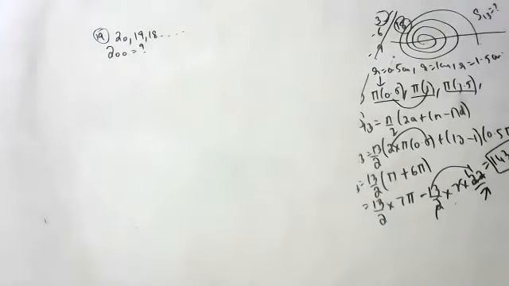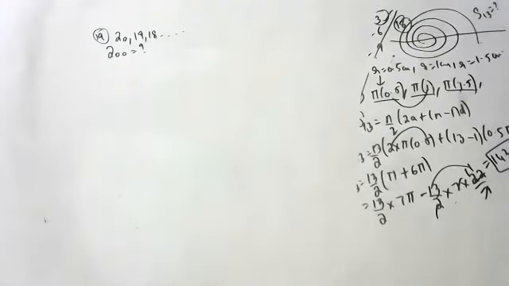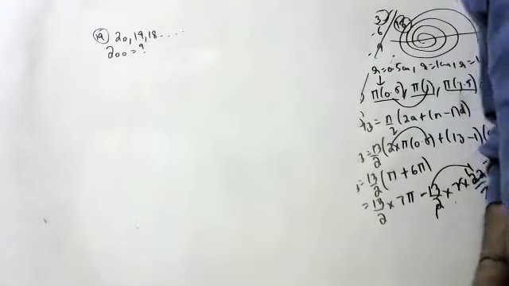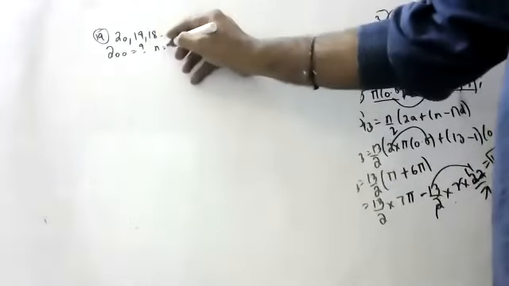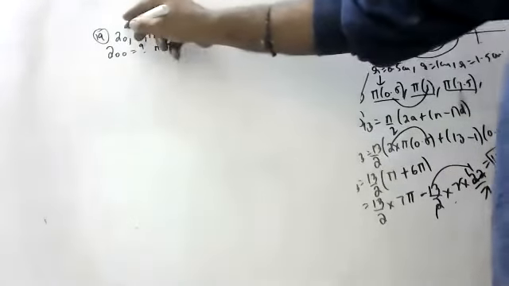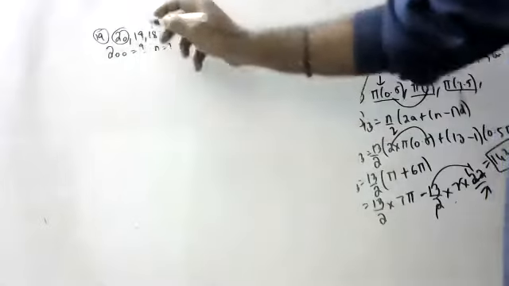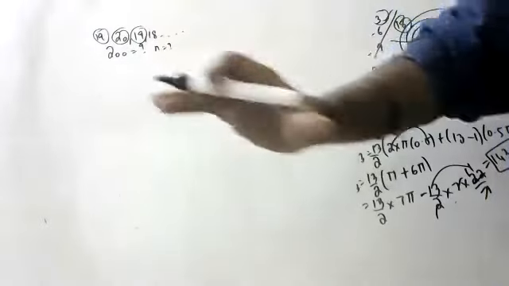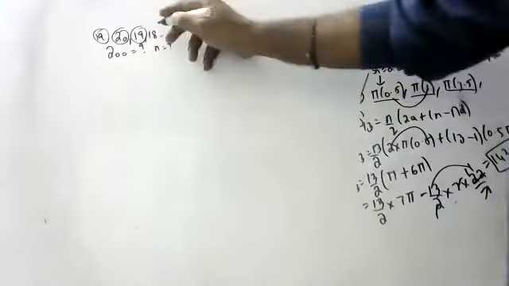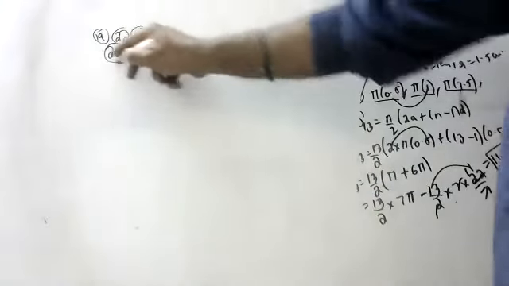Who will tell? Srinija? Varshita? Srideep. Sir, what should we find? Can you repeat the question? The number of rows. You see the figure. In the first row, 20 logs are kept. In the second row, 19 logs of wood. Like that, how many rows will they keep? Total 200.